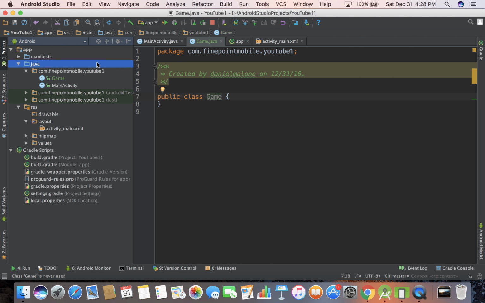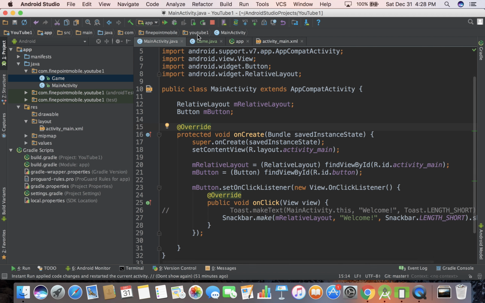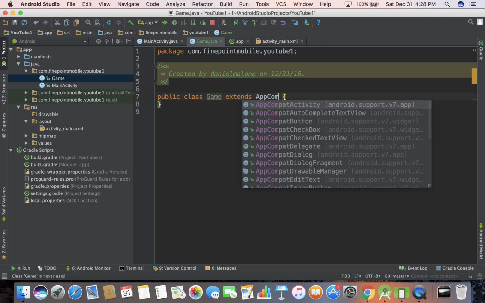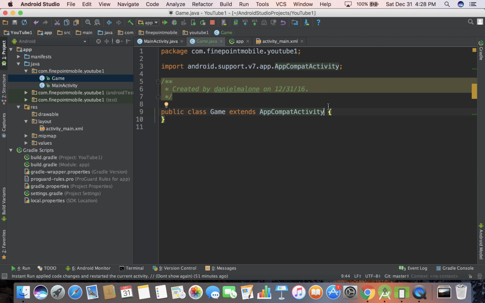So we open up Java, open up the first one, and see here's our game. Double click on it to open it up, and here we are. So we need to do a couple of things. We want it to be kind of like our main activity, and you see how the main activity extends AppCompatActivity, so we need to extend AppCompatActivity. Now we need to go inside of there, between the two yellow braces, so right there and right there,